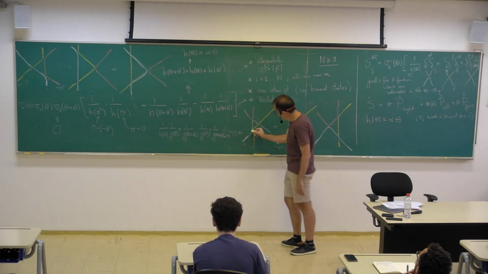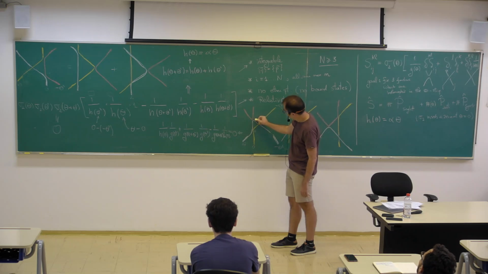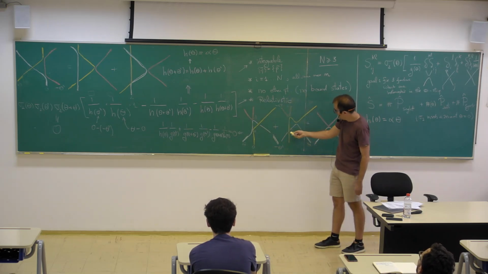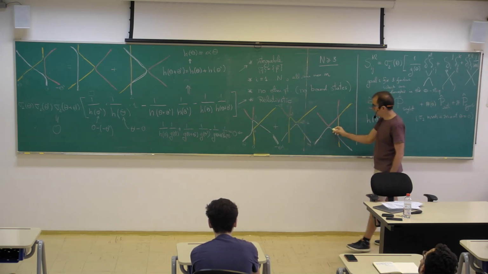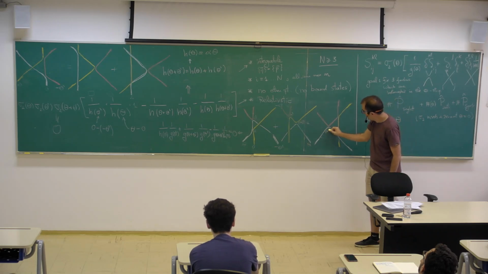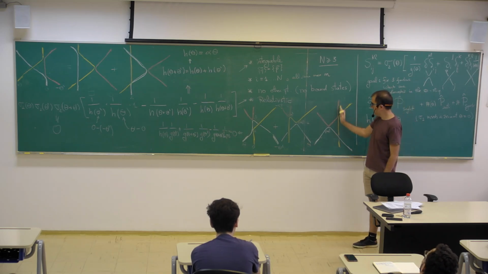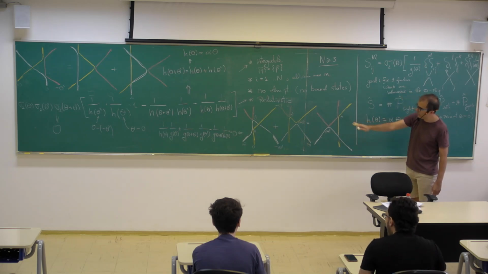Let me put the argument here. This argument is theta, and this argument is theta prime. This one is nothing. Then in the second equation, this is nothing. This argument is theta plus theta prime, and this argument is theta prime. And in the last equation, this is nothing, there's a transmission, and this one is theta plus theta prime, and the last one is theta. Right? 0 and theta. Okay? So the equation is okay.